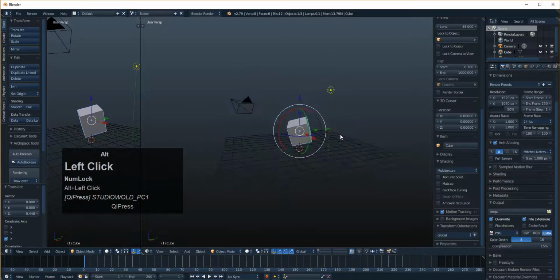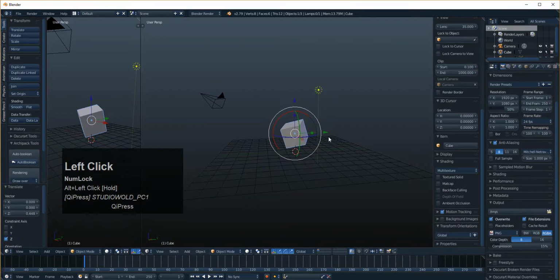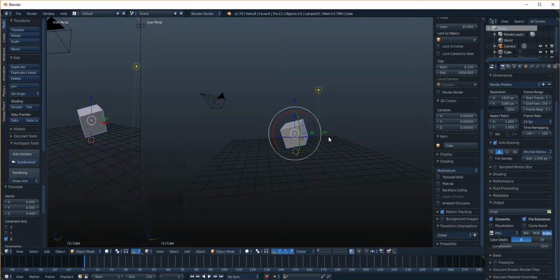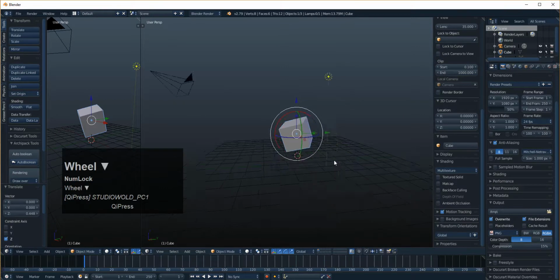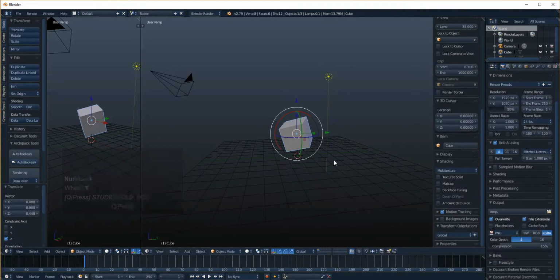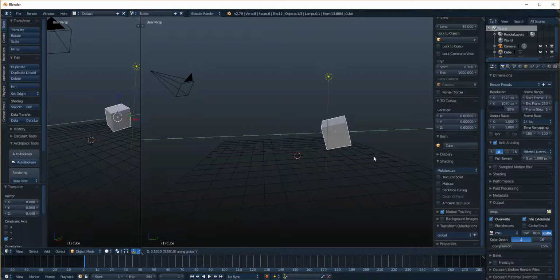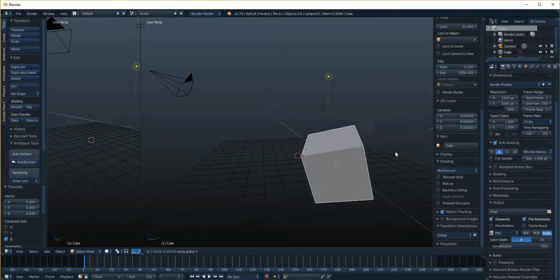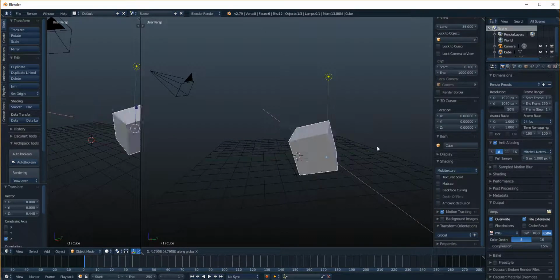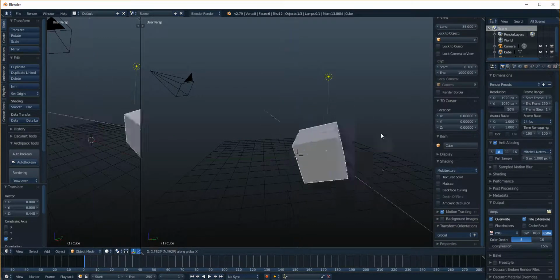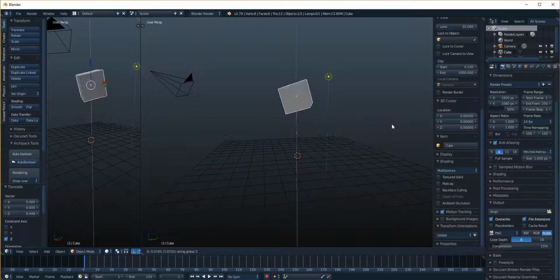One more thing that you want to be aware of before we move on is that you can change these keyboard shortcuts at any time as you're going along. And this will come as we start getting into numeric inputs as well. So let me illustrate that real fast. Let's just say I decided I wanted to grab it on the Y, alright, and then I changed my mind and realized I hit the wrong key, or for whatever reason I was confused. Now I can go to X, and it can be moving on the X, or I can go to Z. So you can just kind of do that all day long. You can just keep hitting these different